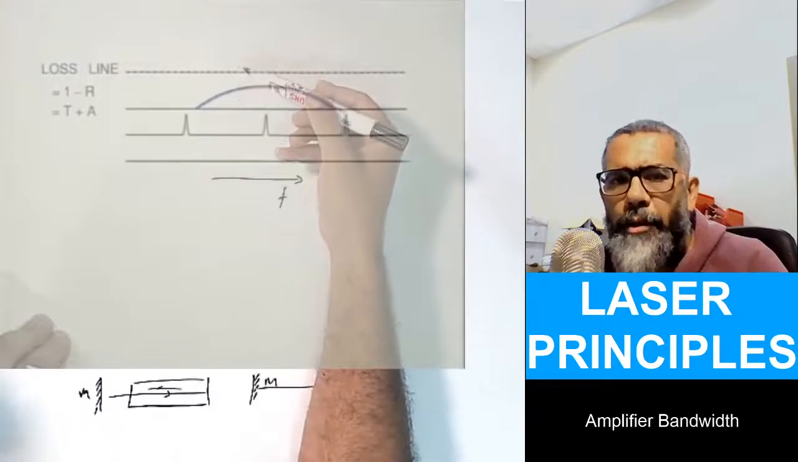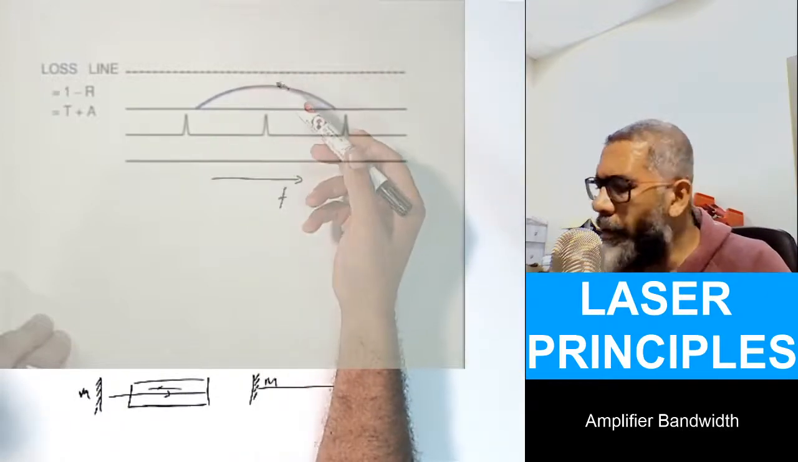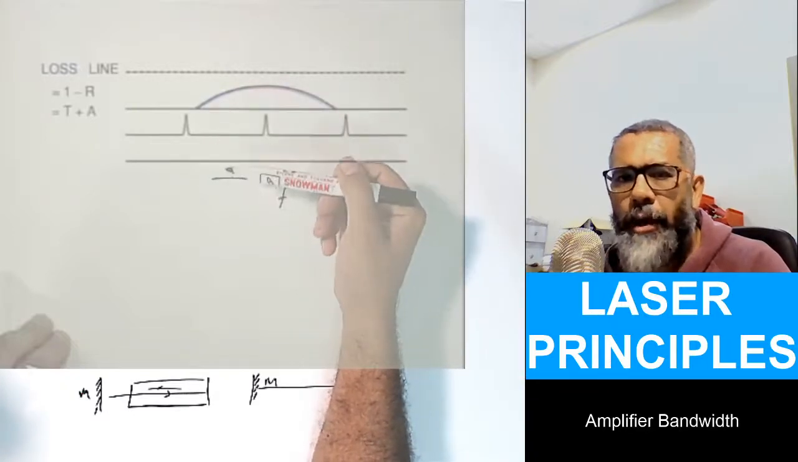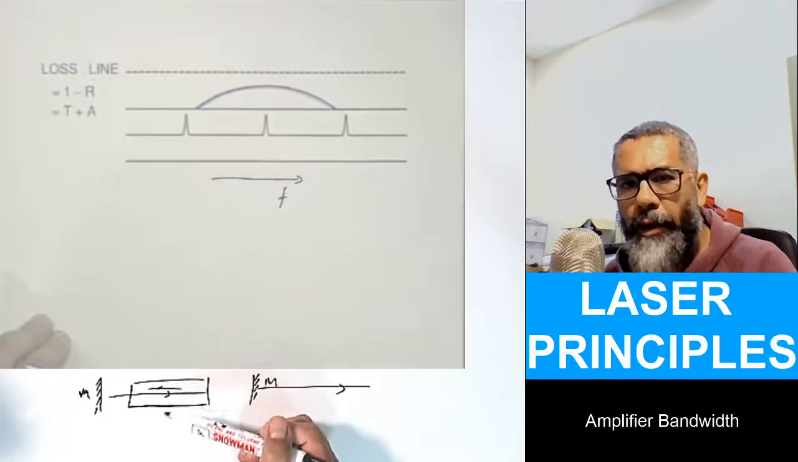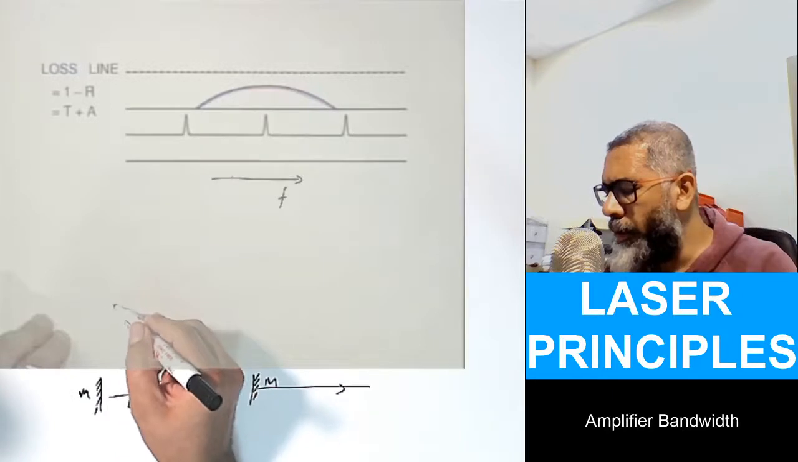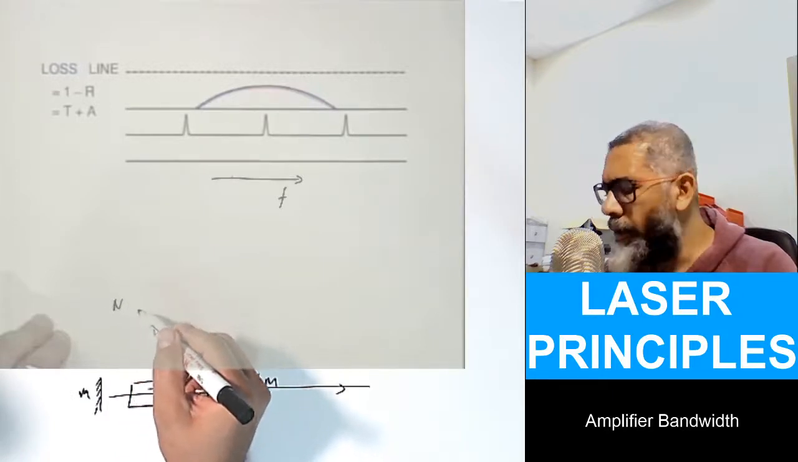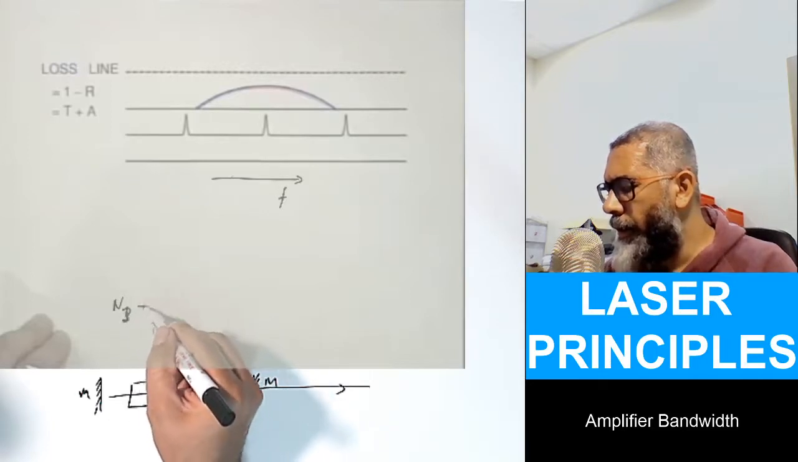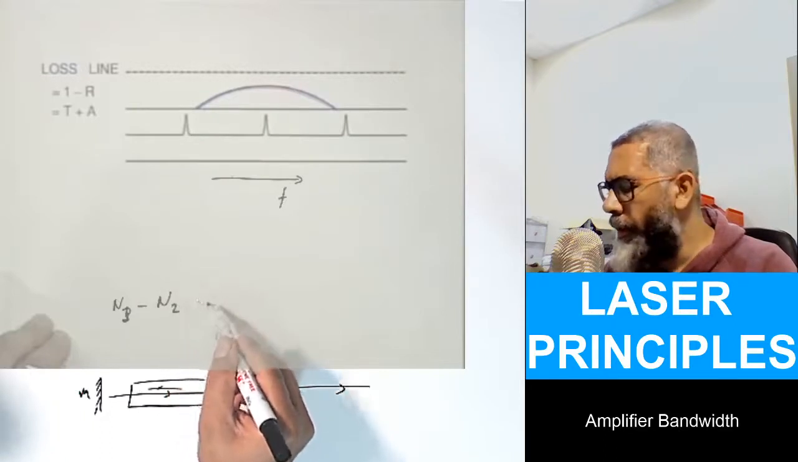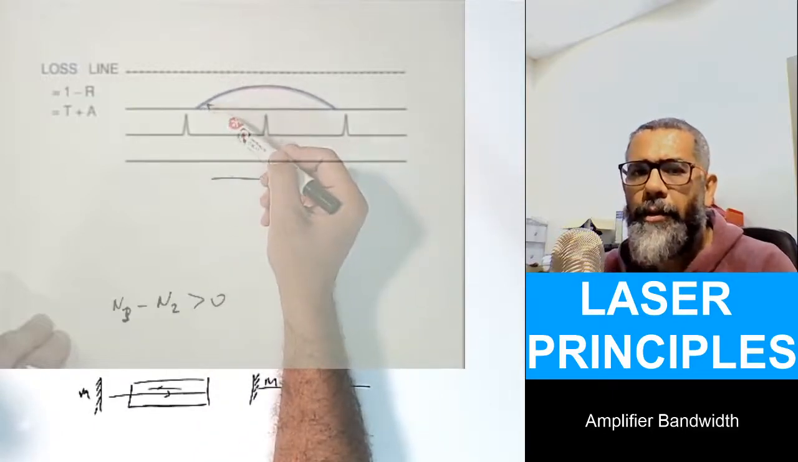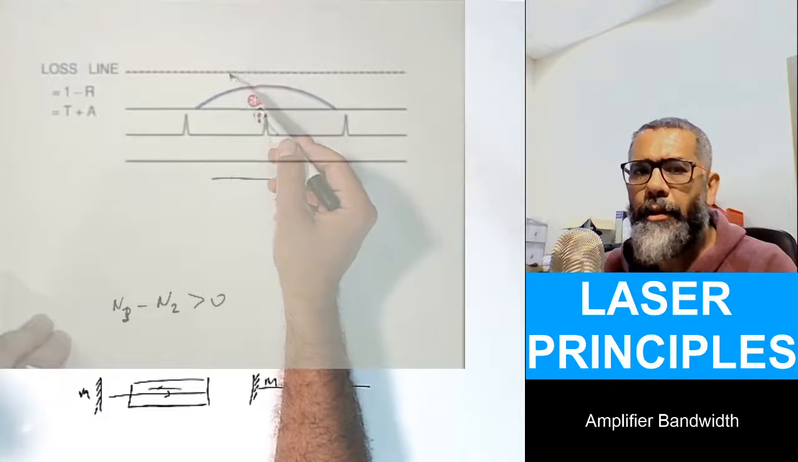And if this loss line is above the bandwidth, this curved line, that means your laser is not going to lase, because there is no gain, no amplification inside, no net amplification. I mean, this corresponds to the case where the number of atoms in the higher energy level, let's say this is 3, let's say N3, and this is N2, which is a low level. In order to have this condition satisfied, we must have this bandwidth curved line above this threshold,